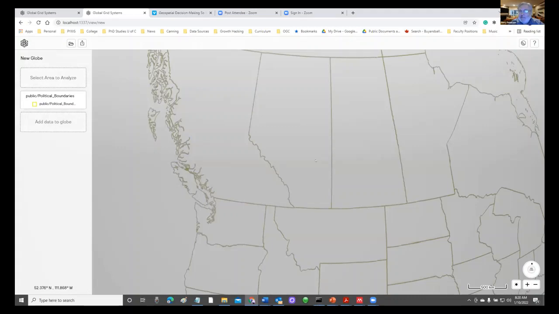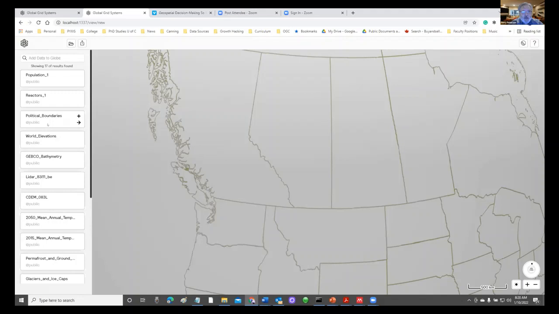So what about data integration? What does that actually mean when we say data integration, data fusion, combining data sets? I thought I would use elevation models as an example, where we bring in several elevation models from different sources and see how those get integrated. So let's start out with a global